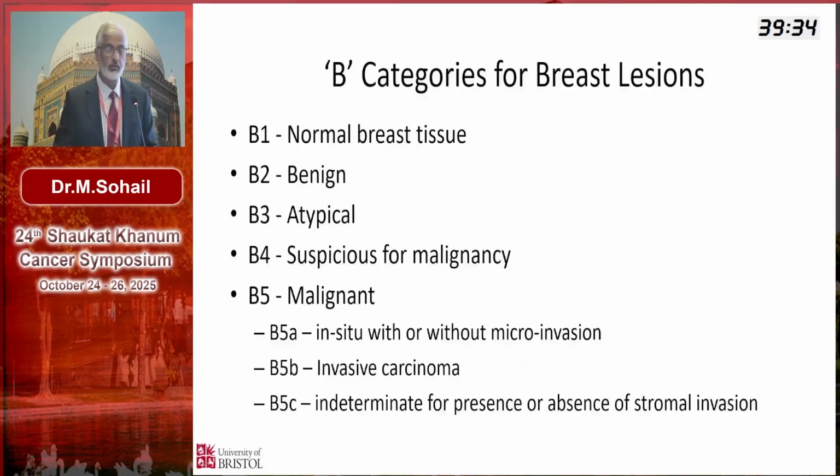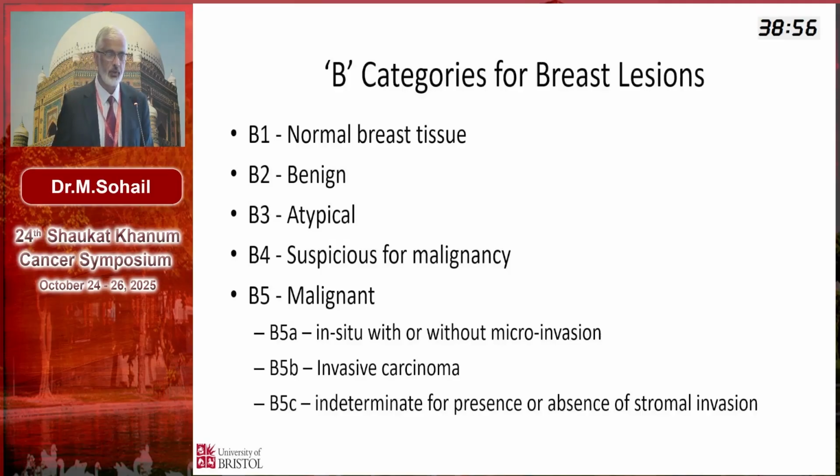Before we go into the B3 lesion, I just wanted to remind some of you who might not be from histopathology what these B lesions are, and how we categorize them. As you know, communication is very important in management of cancer patients. So across most disciplines, nowadays these lesions are grouped into 1 to 5. When we say 2, it means it's benign, and when we say 5, it's malignant. But life is not always black and white. There are some gray shades there as well.